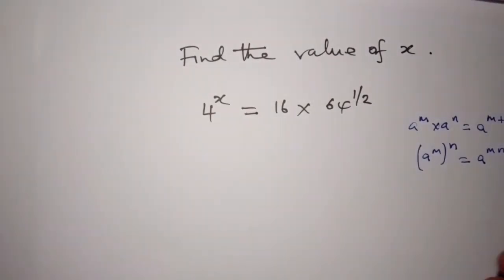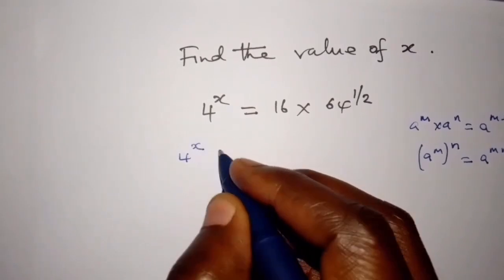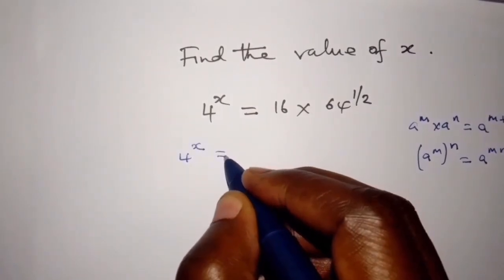So now we can say that 4 power x is equal to